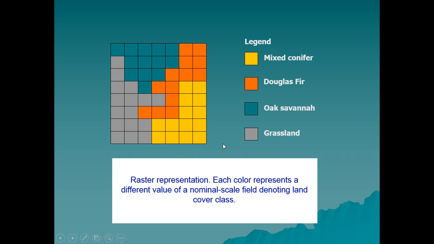The various cells have been assigned values of mixed conifer, Douglas fir, oak savanna, grassland, etc. Those are different vegetation types. Bear in mind, the color representation is the final map representation. What would have happened before is that actual numeric values would have been assigned for each one of these forest types. Okay,